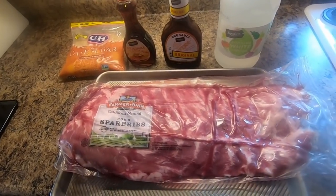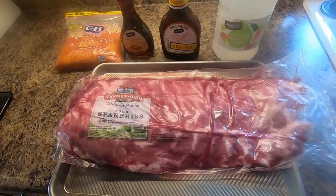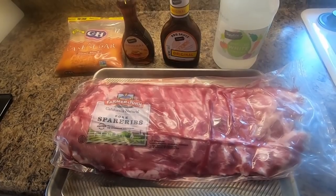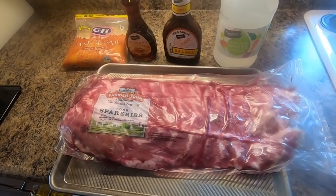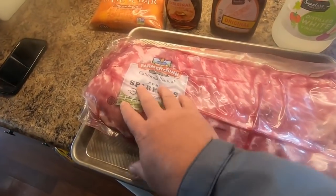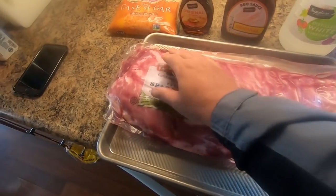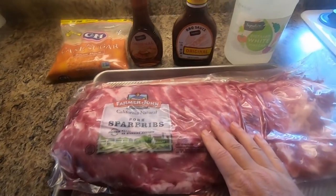videos, go out and make something that I've been really craving because I've been on a diet for a few months now. I've lost 25 pounds already. Anyways, I got some ribs here. I'm not going to eat all these, obviously, by myself. I think Josh will be here later on, but all we got is